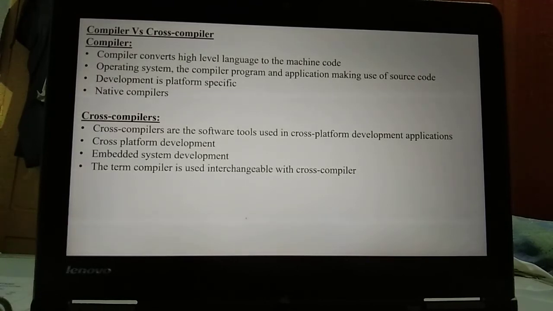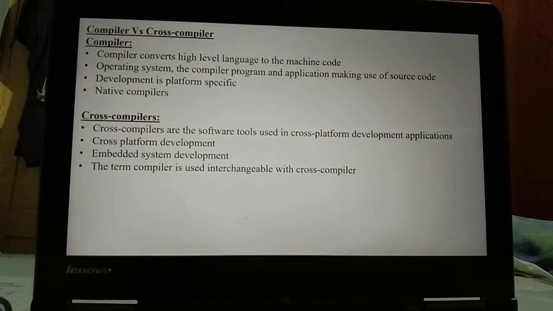Cross compilers. Cross compilers are the software tools used in cross-platform development applications. That means the program written for one platform can be used for another platform. The high-level language program written for one target processor or controller is converted to machine language for another target processor or controller.